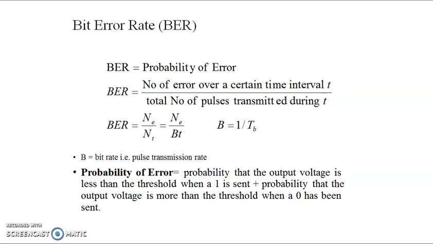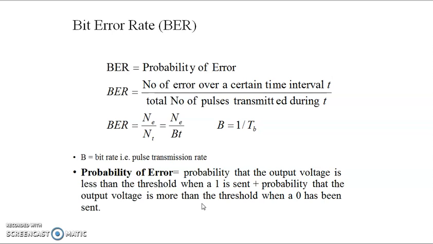So here we have the probability of error, saying that the voltage is less than the threshold when a 1 is sent. Means we have sent a 1, so we need to get the output above the threshold voltage, but we are receiving below the threshold voltage. So we can find the probability that the output voltage is less than the threshold voltage when a 1 is sent,